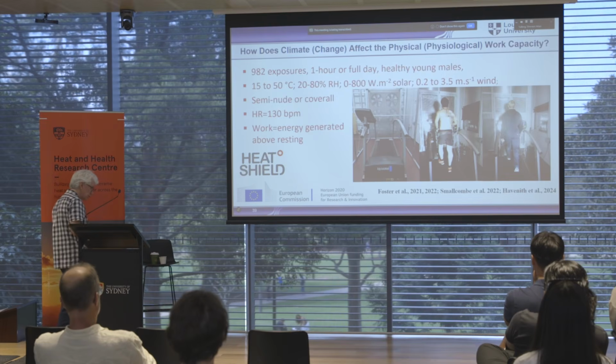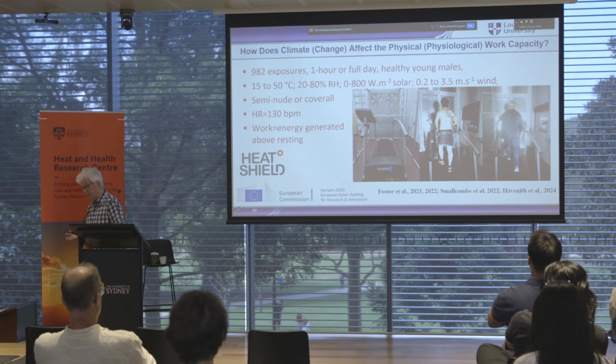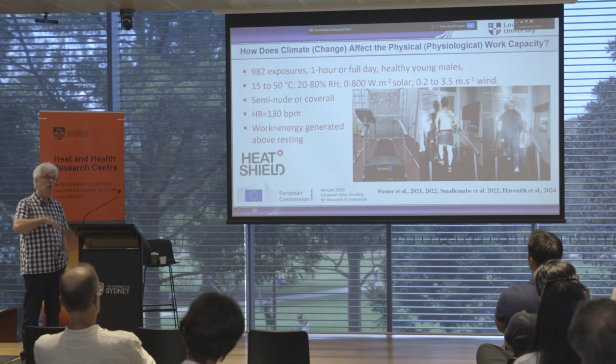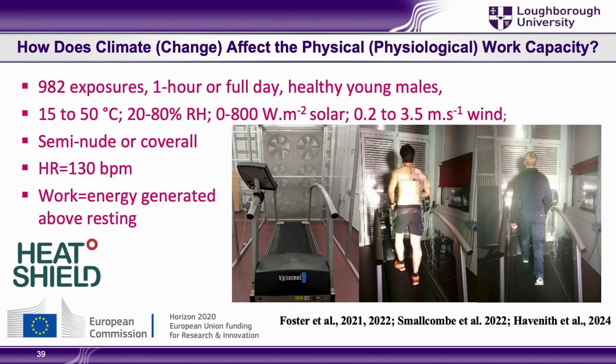So some applications of UTCI. As I said before, a lot of people use it to look at the impact of climate change and look at how you get these world maps, and you see the change of the world map pre and post. We did a project, Heat Shield, which was a European Union project for workers working in the heat and what will be the impact of climate change on them. And I'm going to use that as an example of application of UTCI.